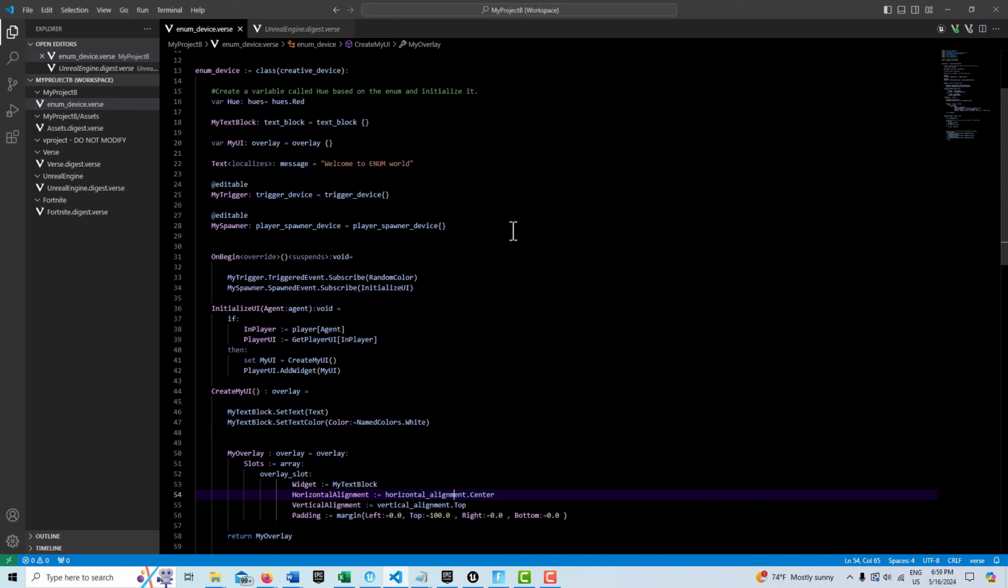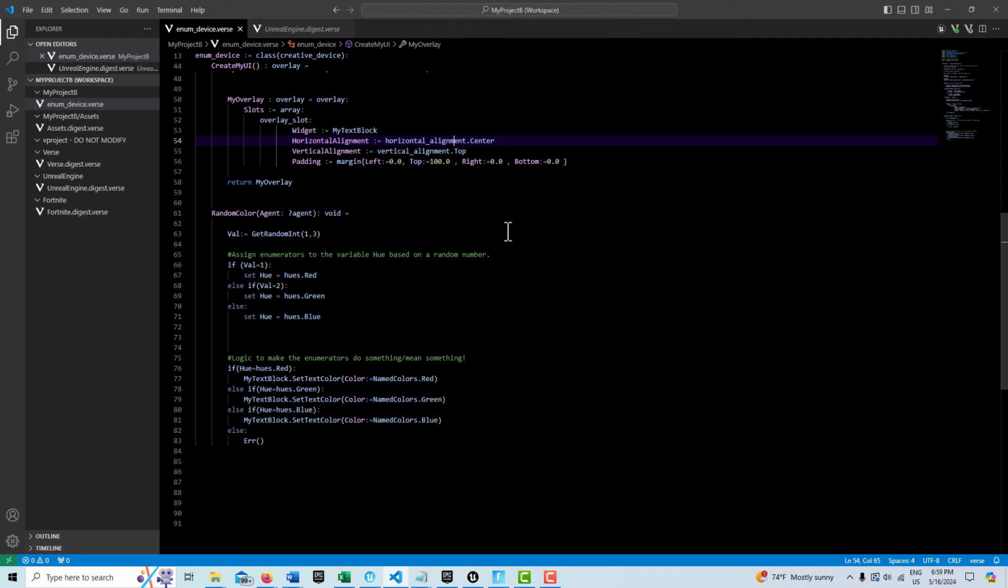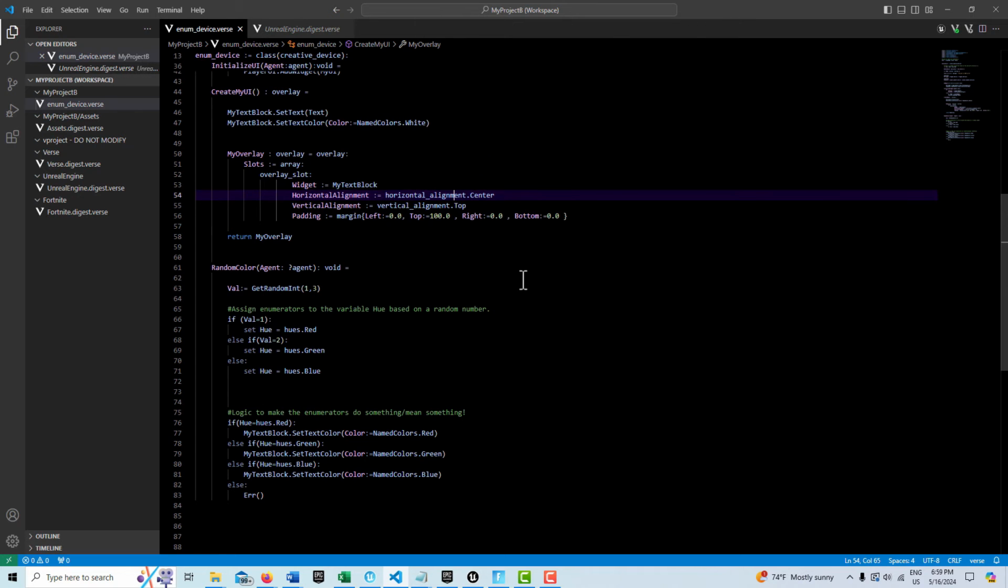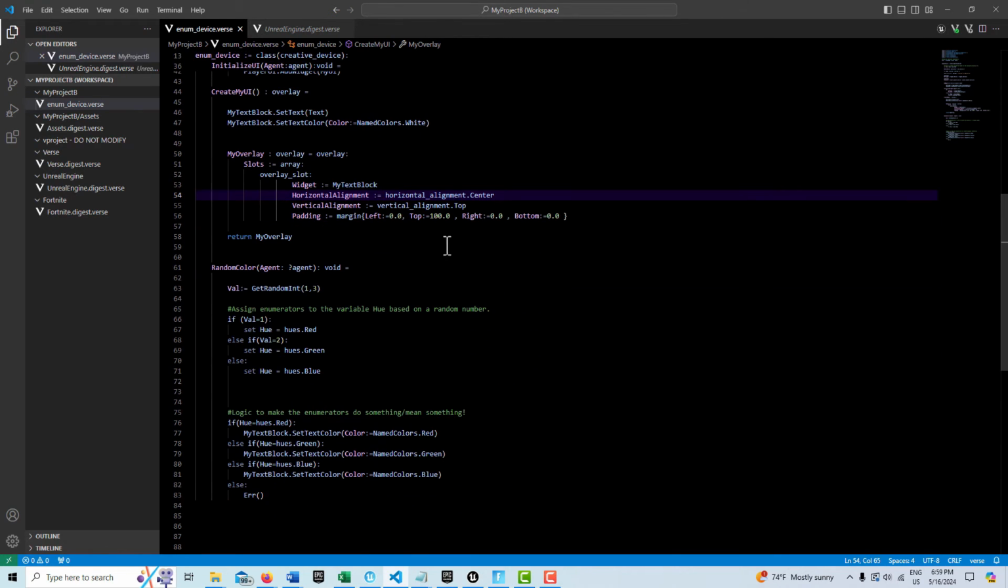If you're going to create an enum in Verse code, you have to create some logic behind it so that it actually means something. Here at the top, we've created our enumerator, our enum. Then down here, we're creating a function called random color, which takes in an agent of option type. We get a random variable here, and we're assigning the enumerators to the variable hue based on a random number. If the random number is 1, then we set hue to hues.red. If it's 2, we set it to hues.green. And if it's anything else,